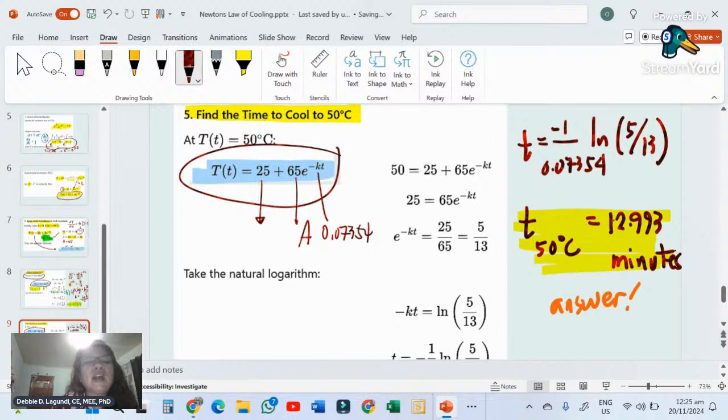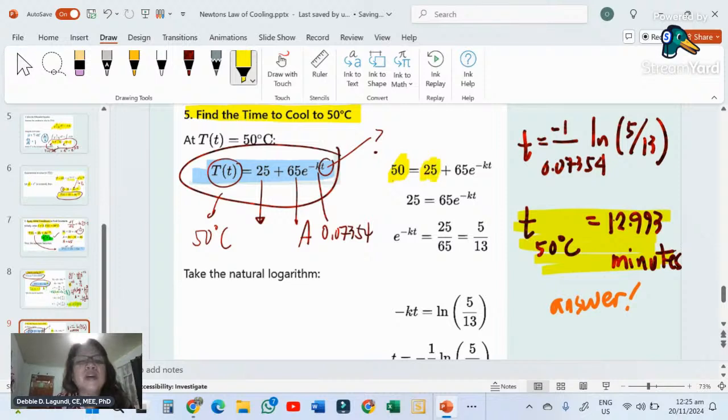Now what we only have left is t. That is the one unknown, I should say. And T sub t, this is 50 degrees Celsius. So all of these are known except t. There's only one variable left. So I have already the calculations here, but I still want to discuss how it was done. So T sub t, that will be 50,